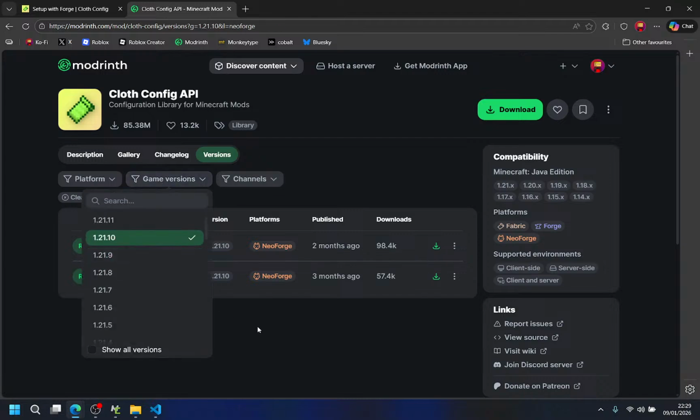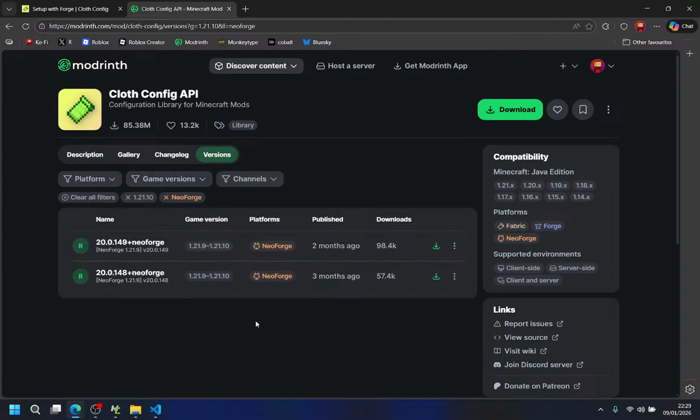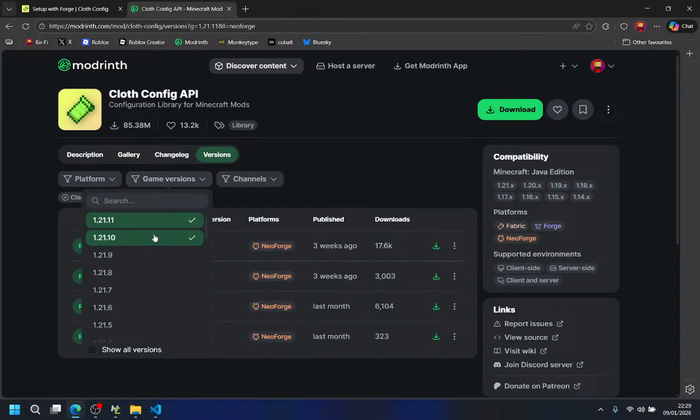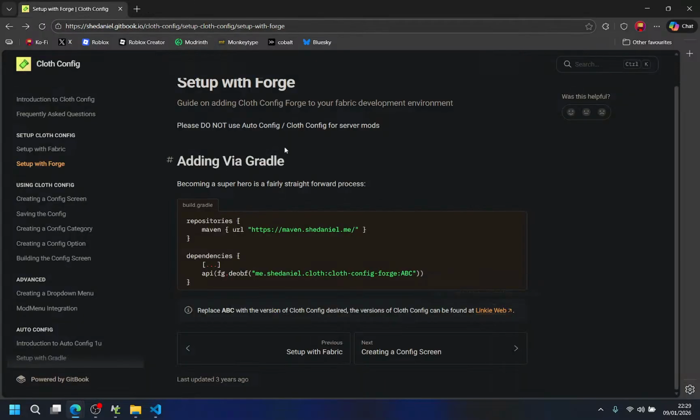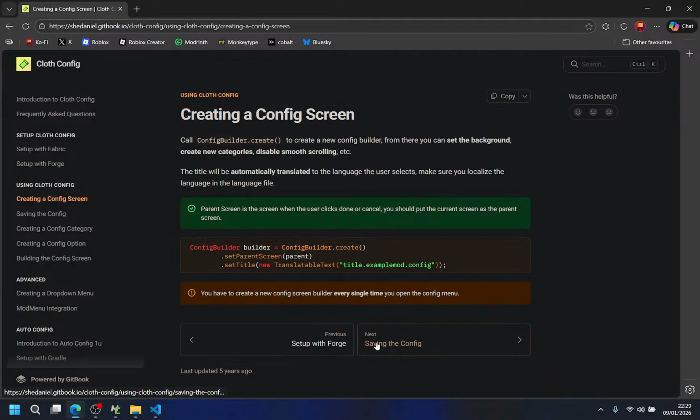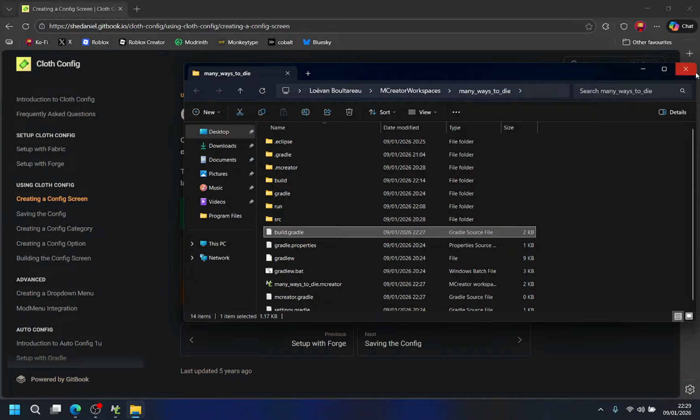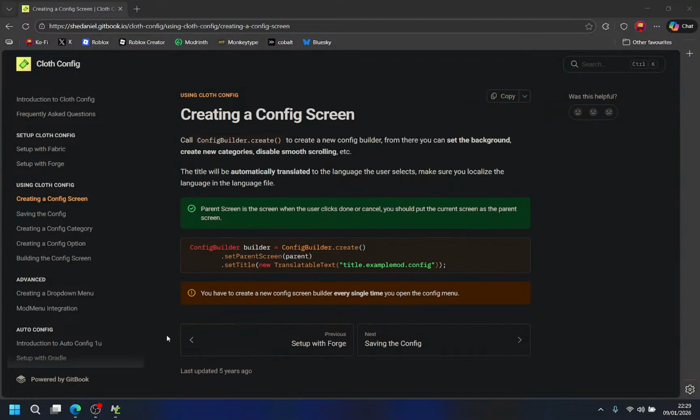But I mean, what did you expect? And of course, there are no other things for there. Now, 3 weeks ago, 1 month ago, yeah, but it doesn't work because that's NeoForge, newer game versions. So yeah, we have no choice. So we have to create a config screen now because of course we have to. We absolutely have to, and that's the problem.